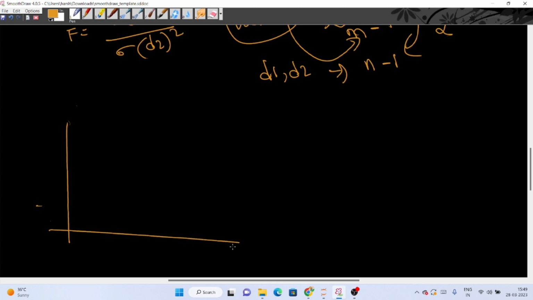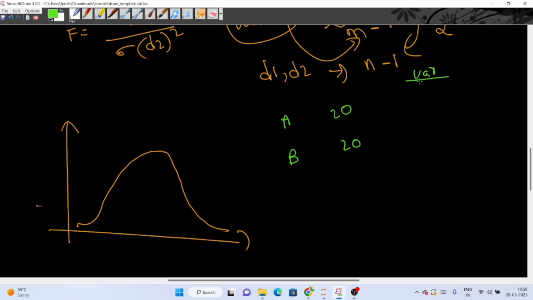I'm going to draw a graph here, and I will draw my distribution. For example, let us take a question where there may be two classes, namely class A and B. Let us think that the size of class A is 20 and class B is also 20. Also consider that we are given the variance of both these classes. So this 20 is my size and this is my class name. Let us think that we got the variances as 2.5 and 1.8. Also consider that in the question itself they had given our alpha value as 0.05, which is nothing but